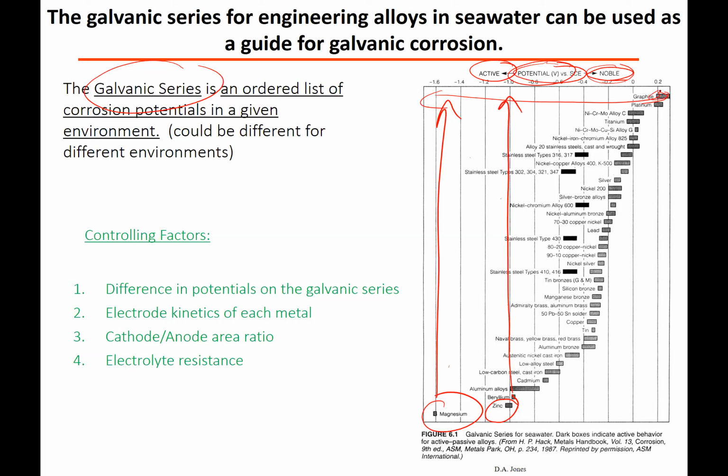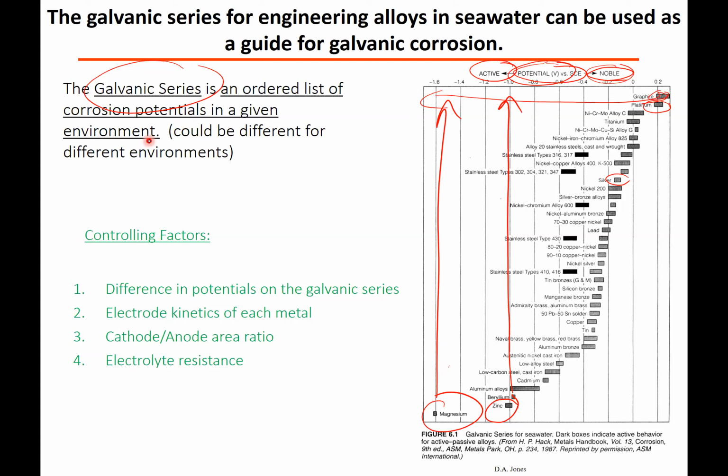Relative to graphite, relative to platinum, relative to other aluminum alloys, okay? Relative to silver, right? So I'm comparing where they are on this voltage list. Okay, and so we need to be careful because this list is a list of corrosion potentials